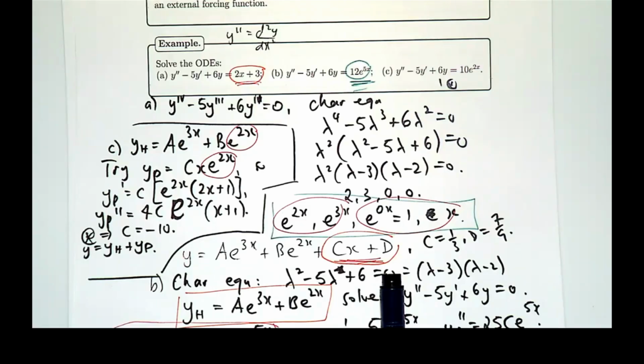Yes? Hang on. For C, why did we use C x e to the 2x? Like in B, yesterday we just used C e to the 2x. Yeah, it's a really good question. I think it was going back to your question earlier as well, right? So